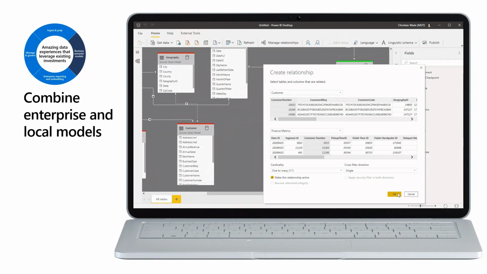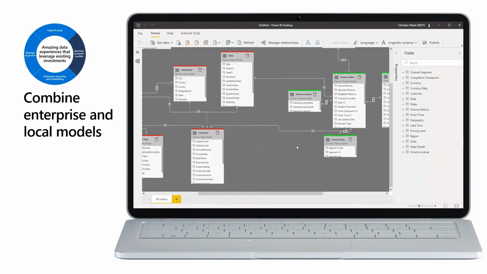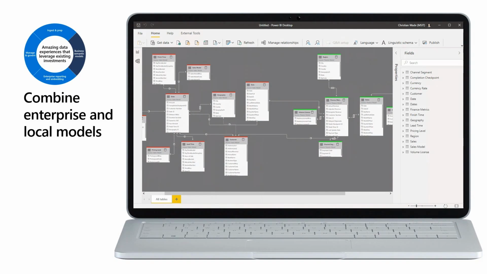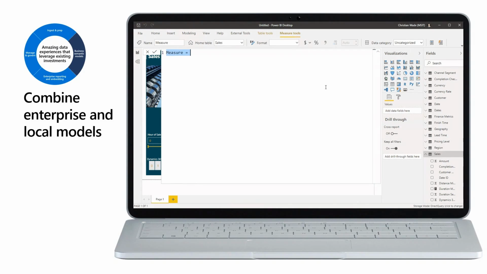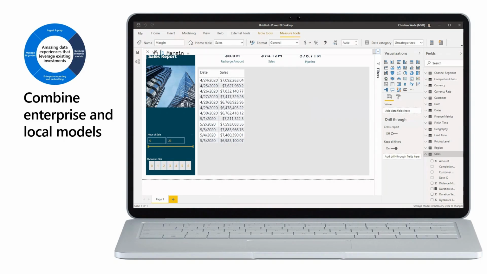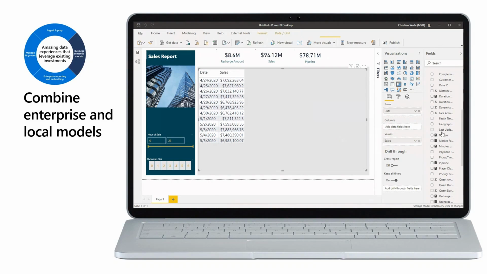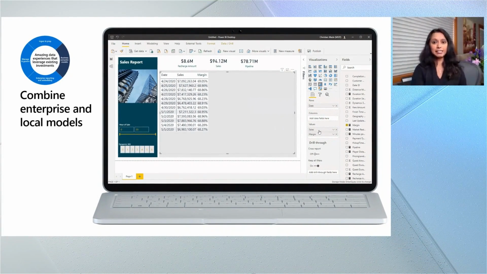data from my sales org and data that was sitting over there in finance, and bring those two data sets together, create those business data models, and very easily create a new KPI, which is margins, because that's what I'm interested in here. BI professionals will probably recognize the DAX over here. And I'm able to add that and very quickly and easily bring margins into my sales report for the sales organization. That's how easy and simple we're making it today for you.